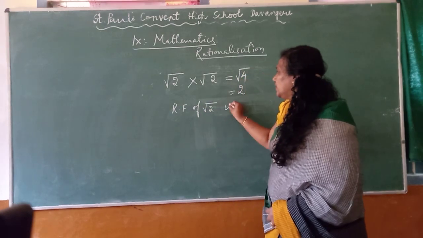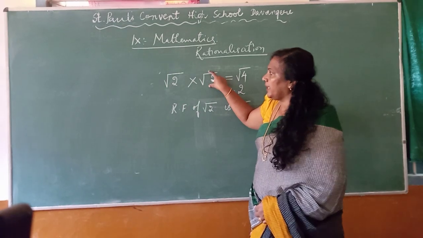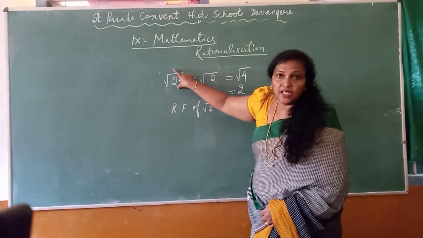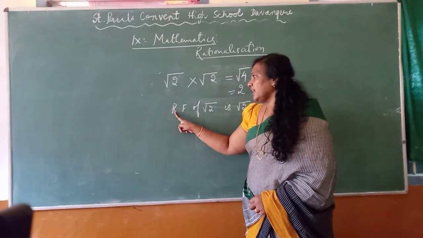Root 2 is root 2. By what you have multiplied to get a rational number, that multiplied term will be called the RF,